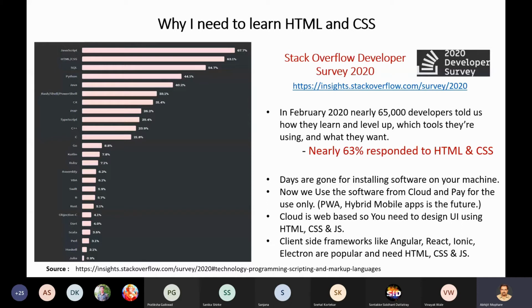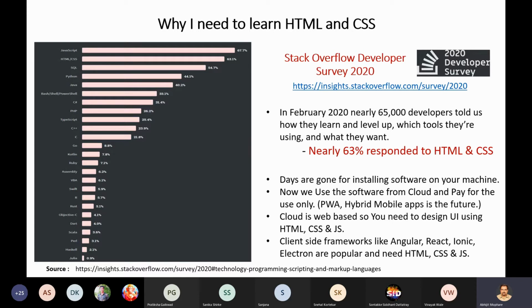You can see, even in the case of Android and iOS application development, the interface is developed with the help of XML or similar XML-type languages. Now, if you know HTML and CSS, you will also understand XML, because XML is a superset of HTML, right? So when you learn these technologies, you will also be able to understand user interface development in iOS as well as in Android, if you want to work on the native technology.